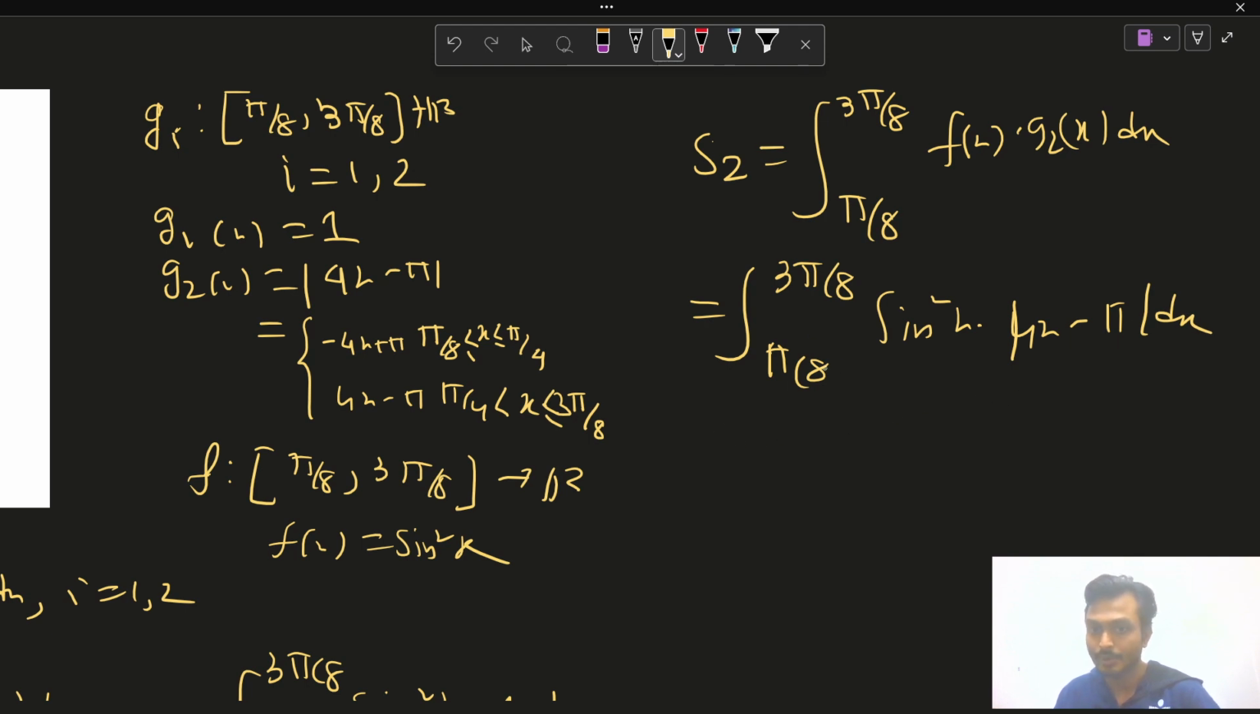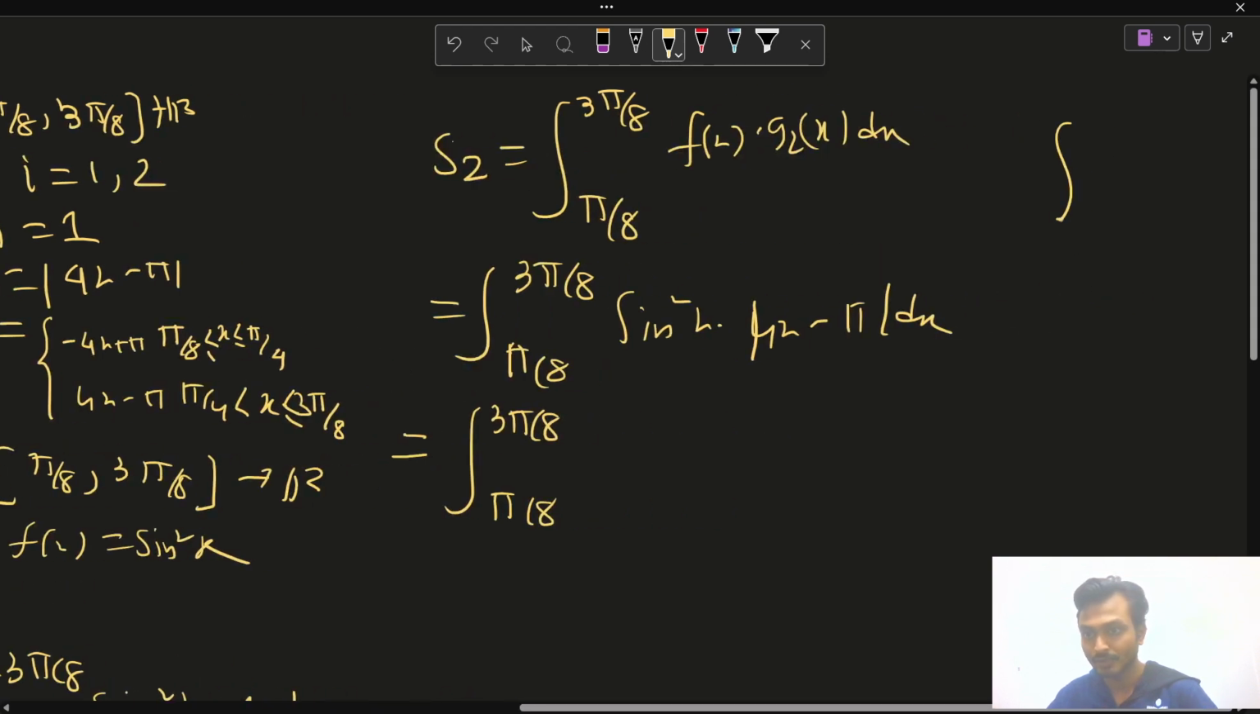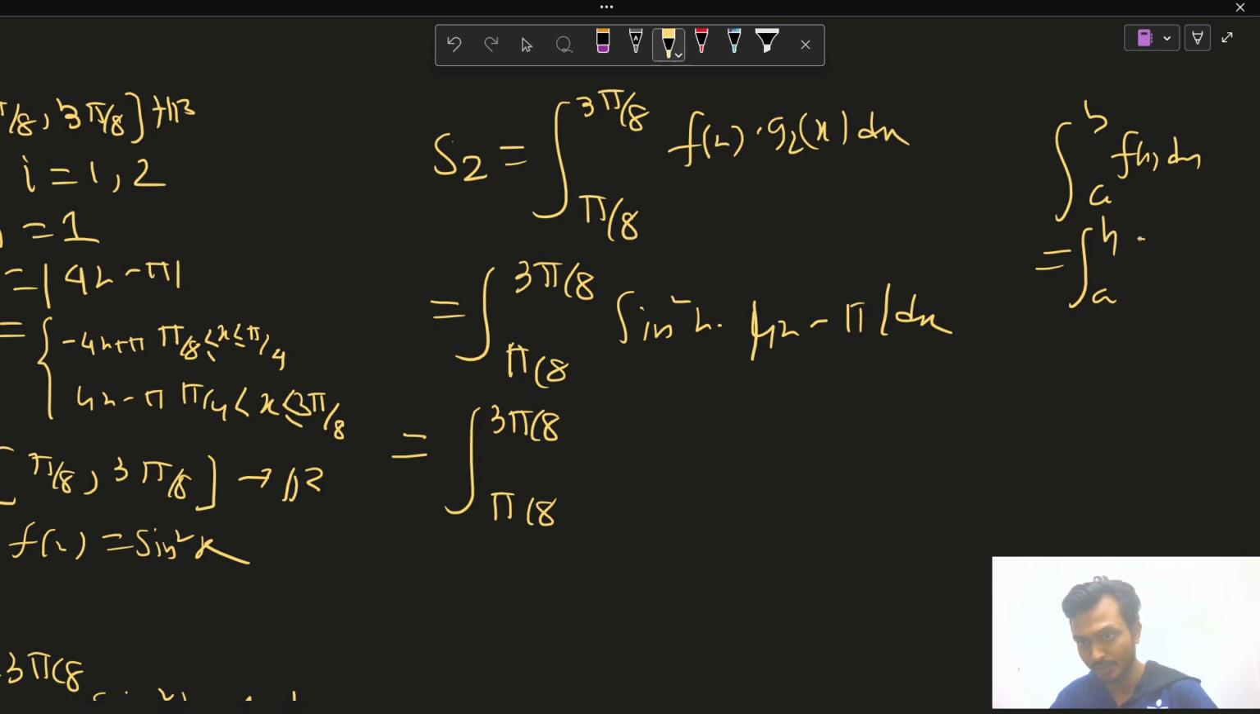Now here, don't break the limit, because if you break the limit then it will be very calculative. So we just use the property of integration here. So this is the integration from pi by 8 to 3 pi by 8. Now we will use this: integration a to b f(x) dx